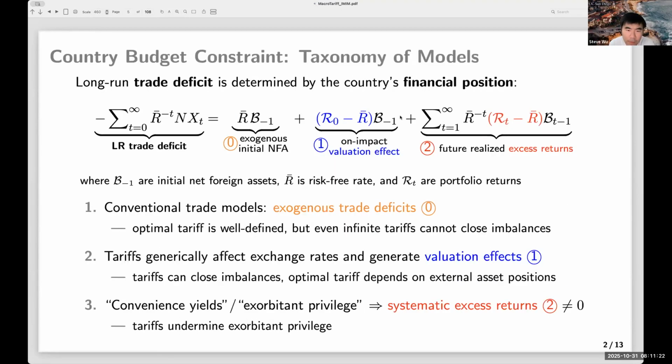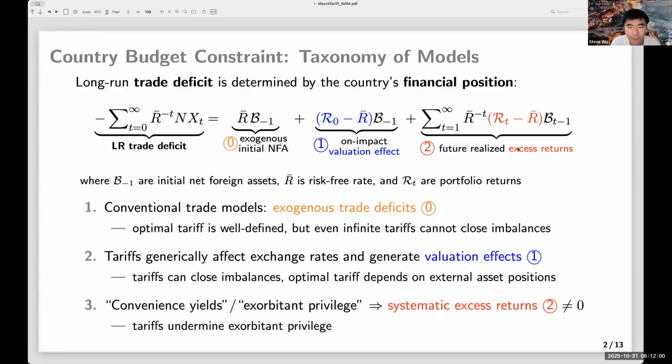Oleg, you said this is an accounting identity, and you were talking about how we can take care of default. So do you think it's going to be in term one, or is it going to be a violation of this equation? This is just on impact, and this is in the future. So in the future, if everybody anticipates default and still holds portfolios, it would be here. If people anticipate default and in the moment when they anticipate it they sell, there would be valuation effects here. So the models can accommodate that. A default is a particular haircut on your liabilities, so it will be a low return on that, the opposite of what you will pay on your liabilities.